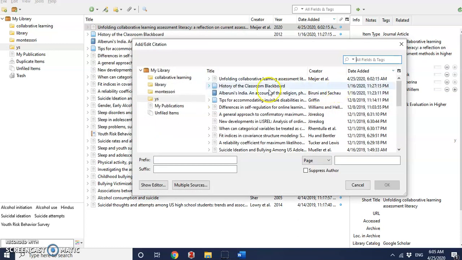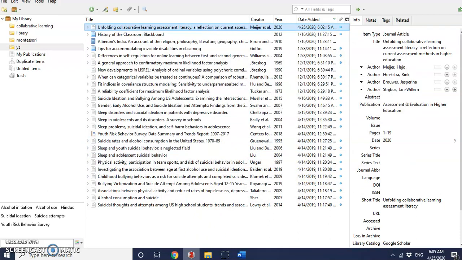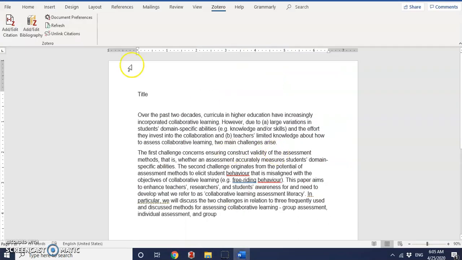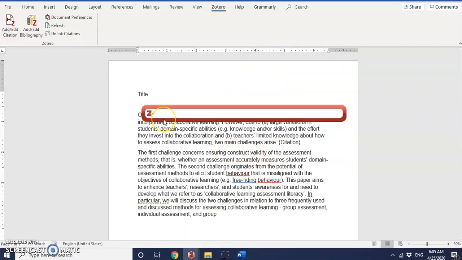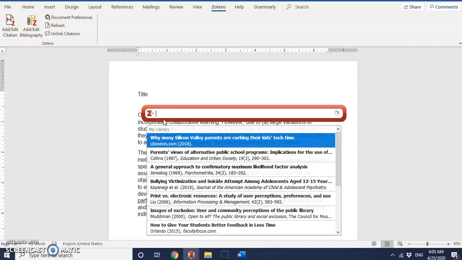classic view. That will take you to a separate page that gives more information and more options from the Zotero page. So either from selecting here or there, you can add that citation to your document. That's